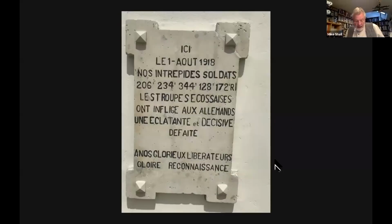Here is a memorial. This is a totally forgotten memorial on the Butte Cramoiselle. It's actually to the King's Own Scottish Borderers and the Argyll and Sutherland Highlanders, les troupes écossaises, who attacked here in August of 1918. And after their attack, Mangin wrote, "You continue to advance step by step in spite of his resistance, and